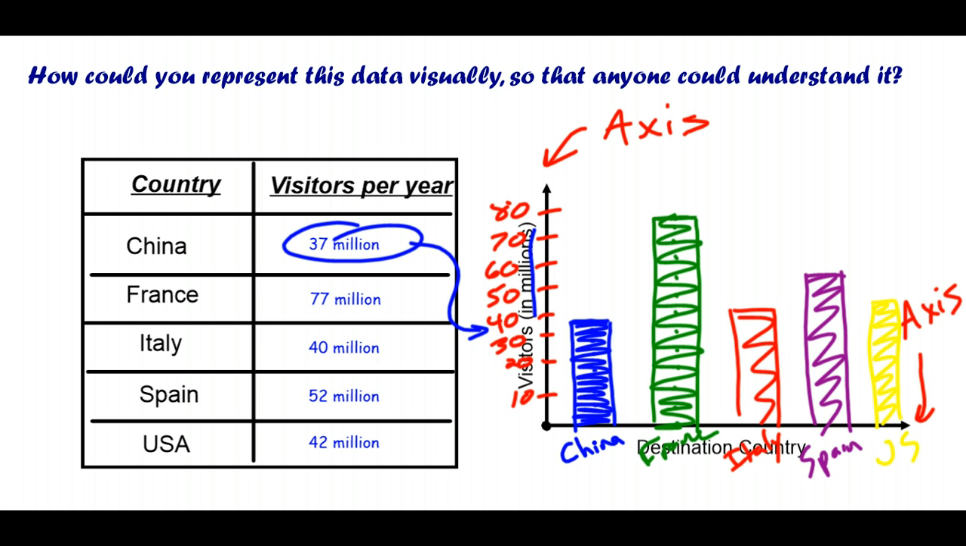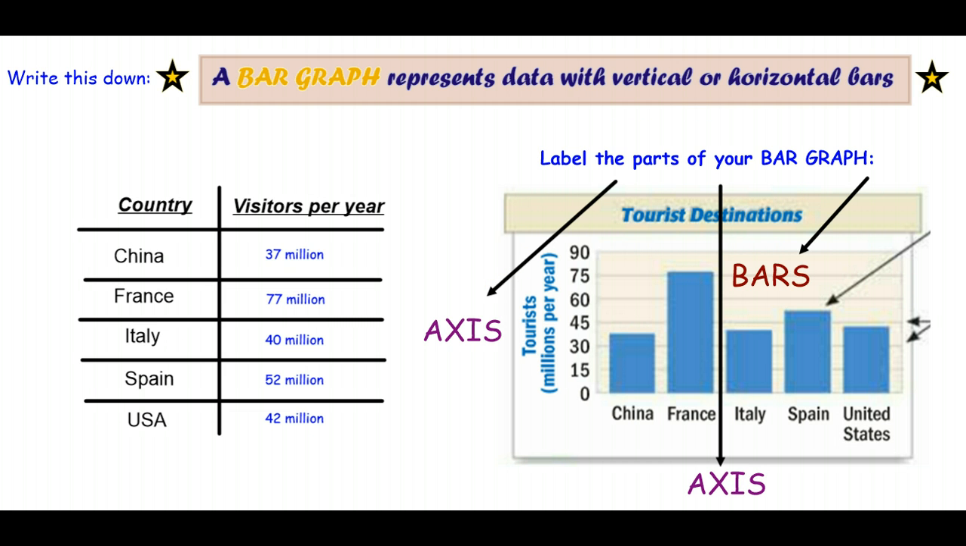Or generally, if we're going to make this a little bit cleaner looking, it'll look something like this. So I want you to go ahead and write down this part up here that's between the stars and is in a bit of a red box. There's a definition of a bar graph. A bar graph is a graph that represents data with vertical or horizontal bars, and that's the primary thing about